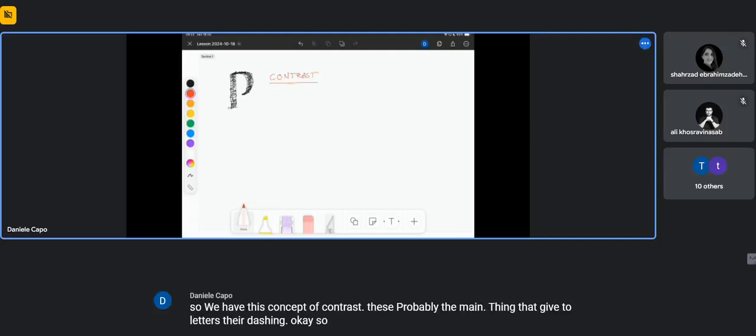Okay, so we have seen that by hypothesizing the flat brush,